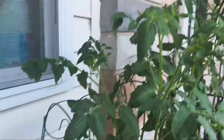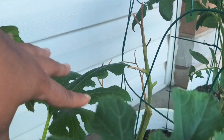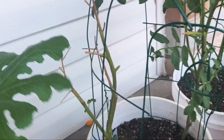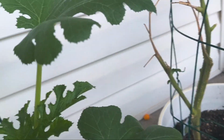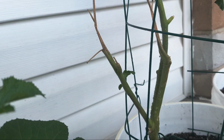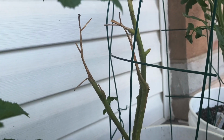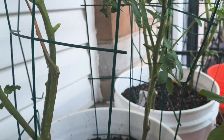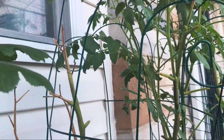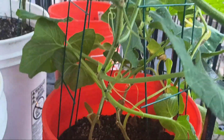So yeah, this is the tree that I skimmed down. This one here, it didn't do anything, which I'm thinking that's not going to grow. Well, actually, no. You see that little piece right there? Okay, so I will leave it and give it a couple more weeks to see if anything else grows from it. But it doesn't look like it is. It's just these three here, which is fine for me. And then right here, again,